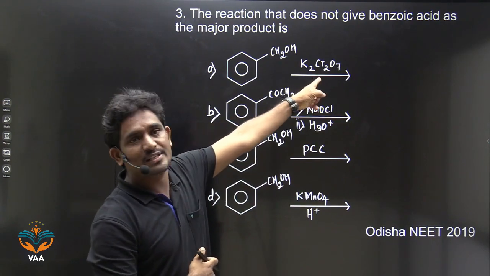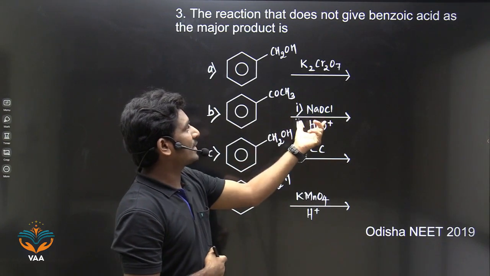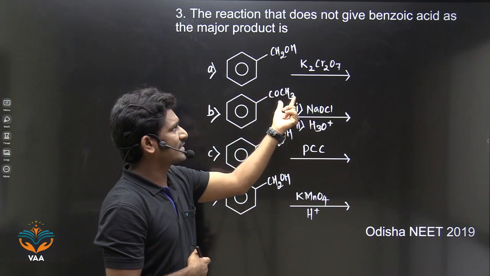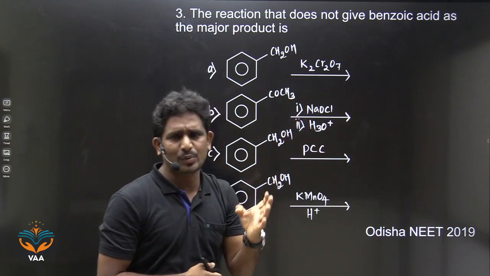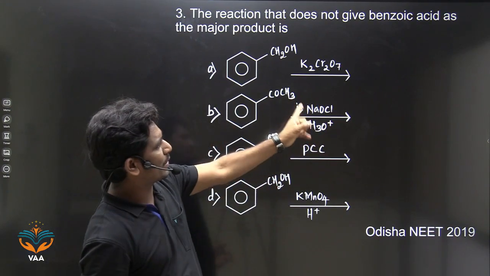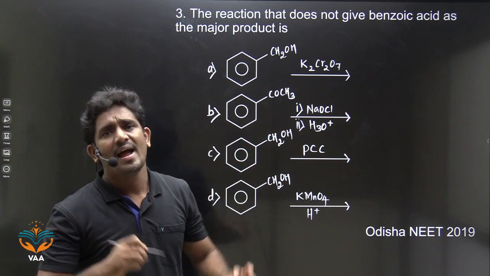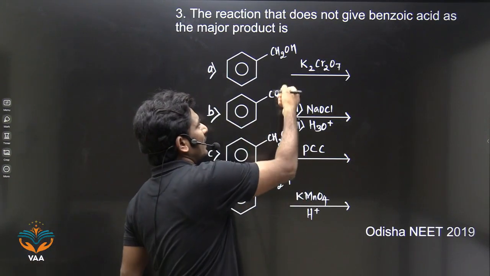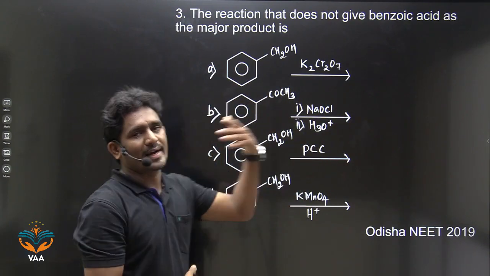Is it a strong oxidizing agent? No. So a carboxylic acid... Which reaction is it? C double bond O CH3, it is an alpha methyl group, and which reagent is this? Cl2 in the presence of NaOH will provide NaOCl. It is a haloform reaction. So the alpha methyl group gives haloform, and the remaining group will give carboxylic acid.